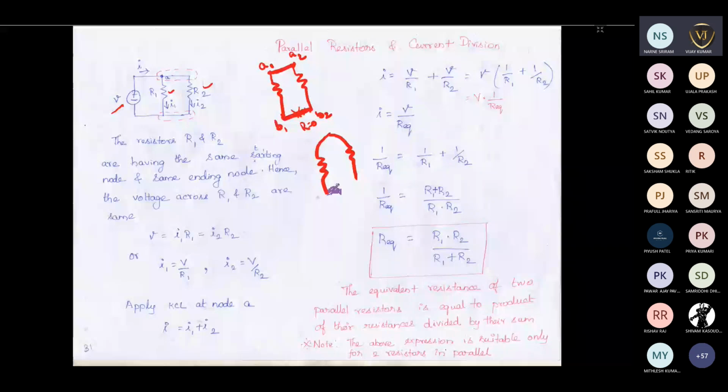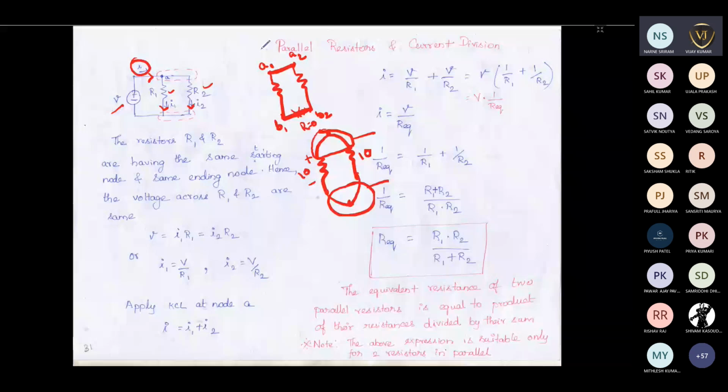When you have these kinds of elements, the voltage drop across both the resistors will be the same. If 10 volt is across here, then only 10 volt will be across here. There will not be any change. When elements have both their starting terminal and ending terminal connected together, you can say those elements are connected in parallel. When elements are connected in parallel, the current is going to divide, as we discussed some time back. Series resistance does voltage division, and parallel resistance does current division.